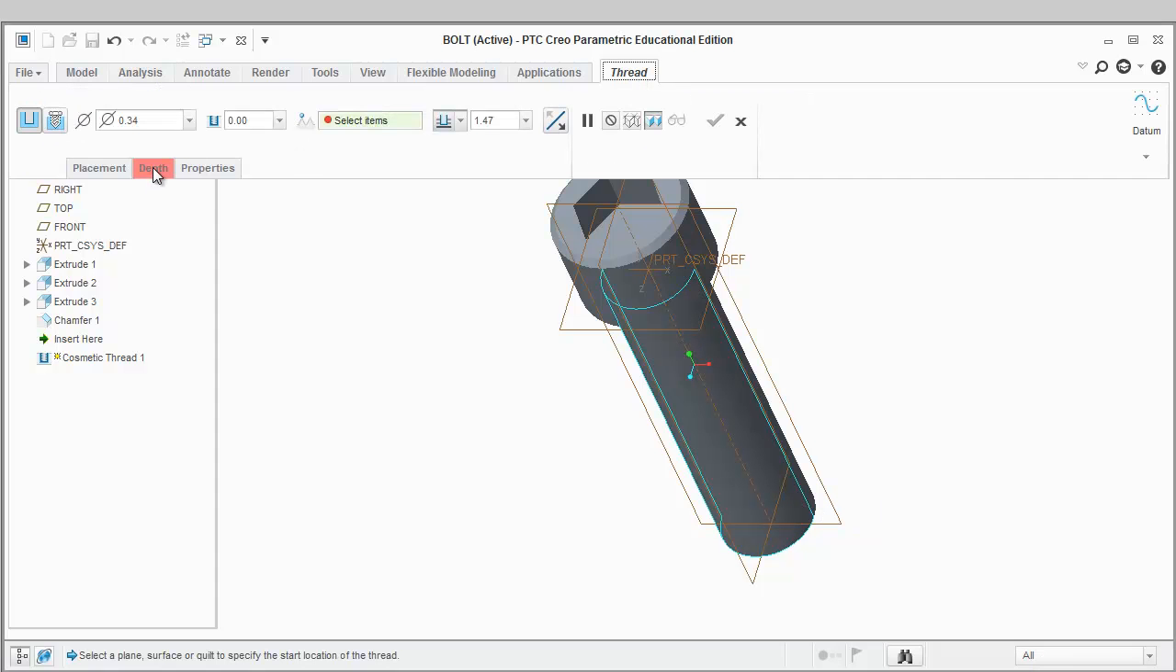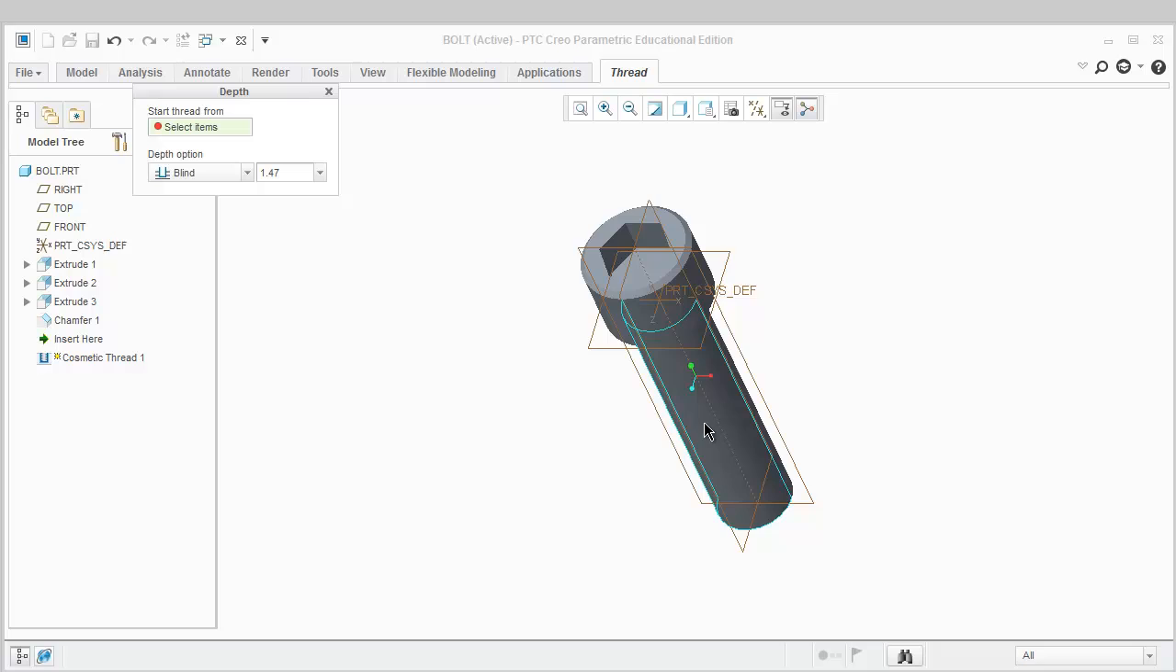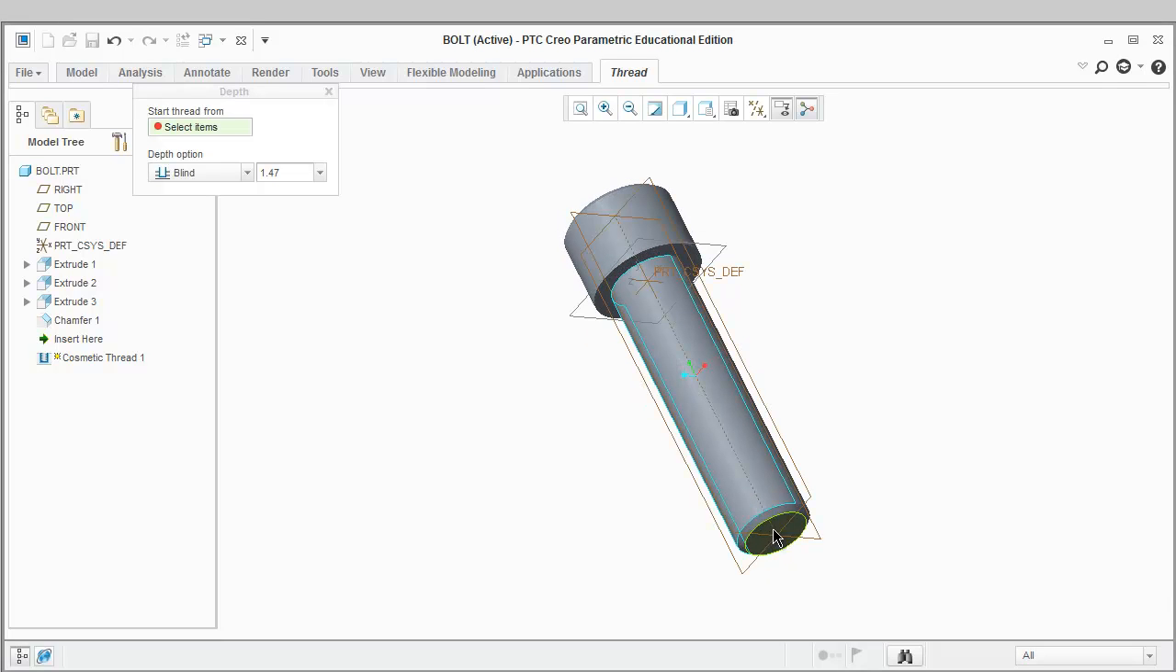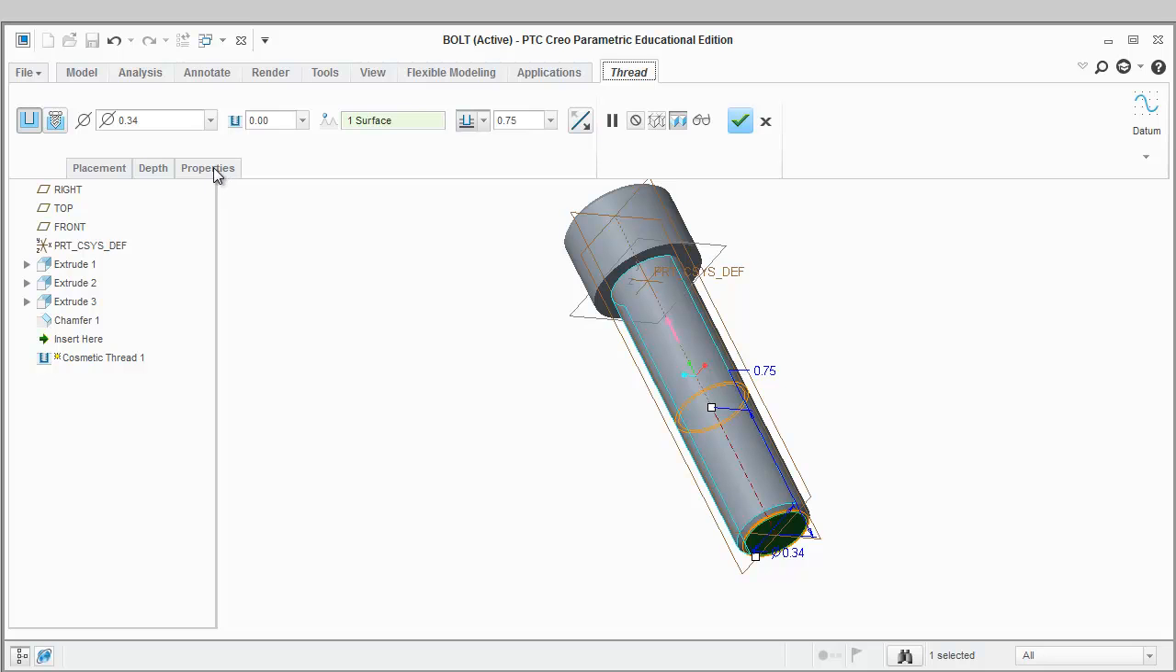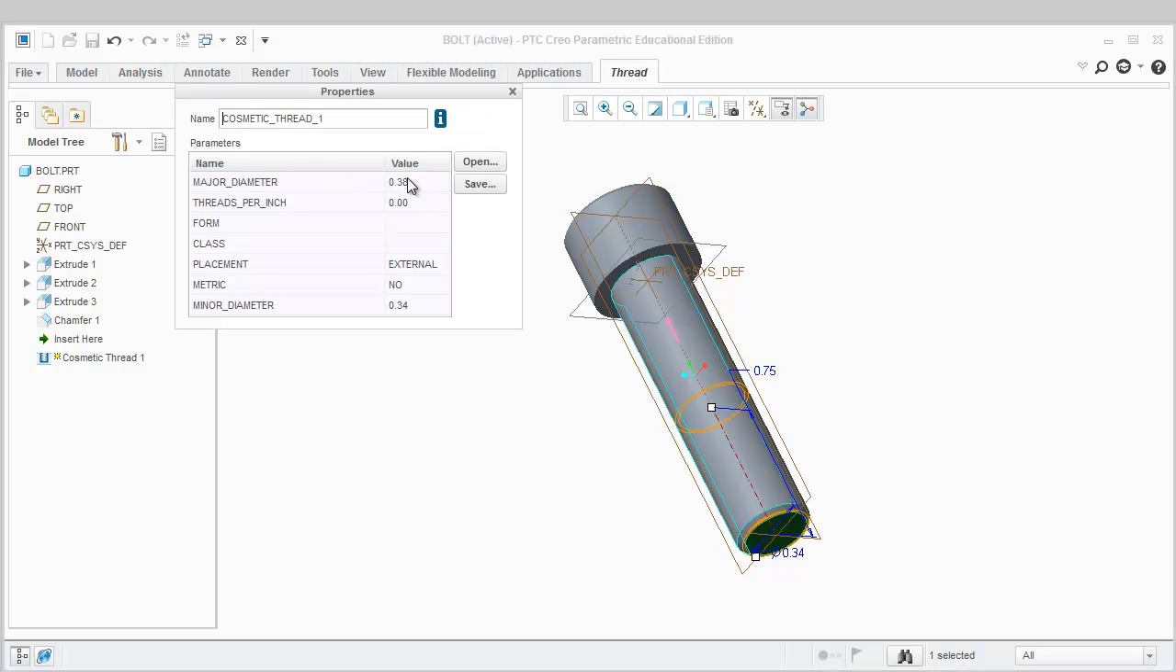Close your dialog box, and then we're going to go to the depth. Select the bottom surface of the bolt as the start. And we're going to give this a blind of 0.75. Press Enter. The last thing that we want to do is go to our properties tab, and we want to